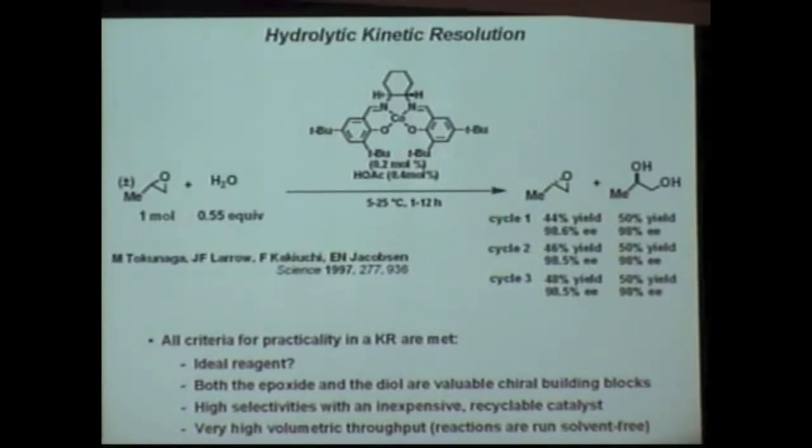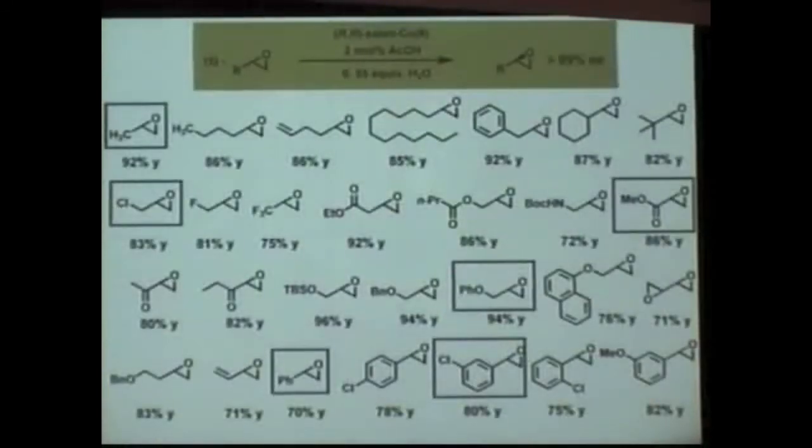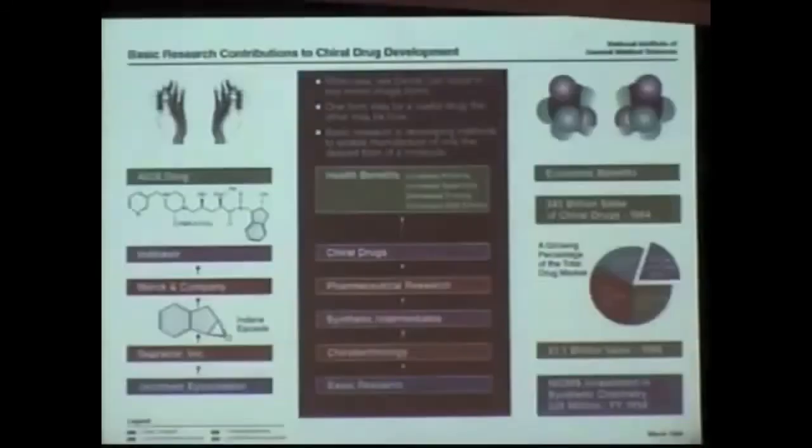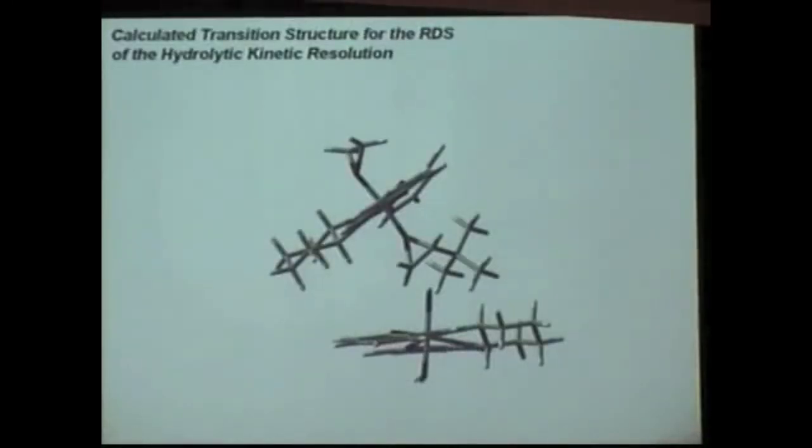Now, we did a lot of work on this reaction to try to understand how it goes, and I won't tell you that story except to say that we did glean some real insight into the mechanism of this reaction and learned that it involves two metals coming together in a cooperative way, one to activate the epoxide, which is shown here, and the other to activate the water that's shown here. That insight allowed us to design better catalysts by linking them together in specific ways that were extraordinarily efficient,